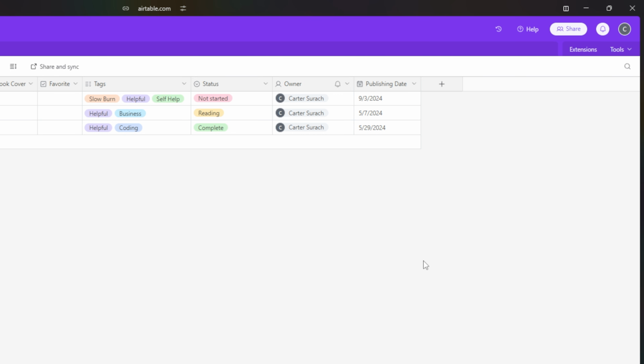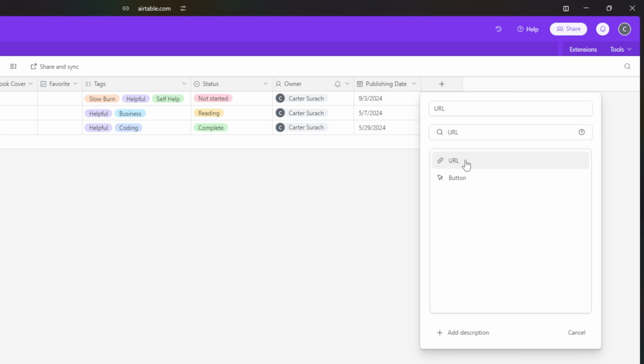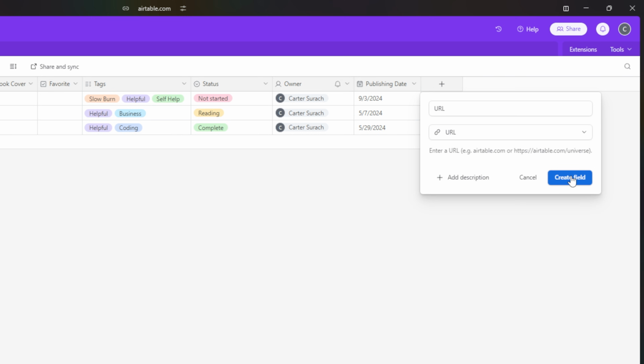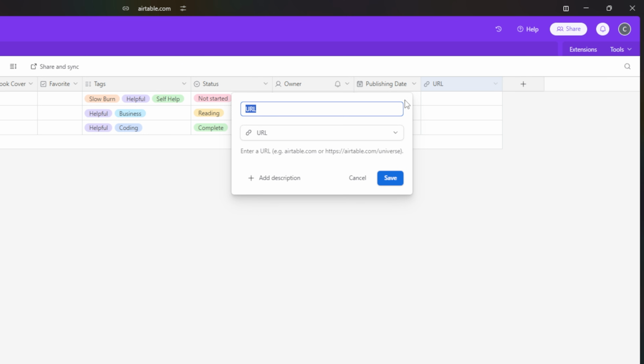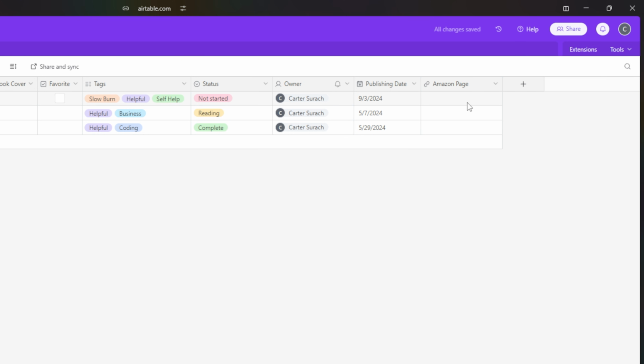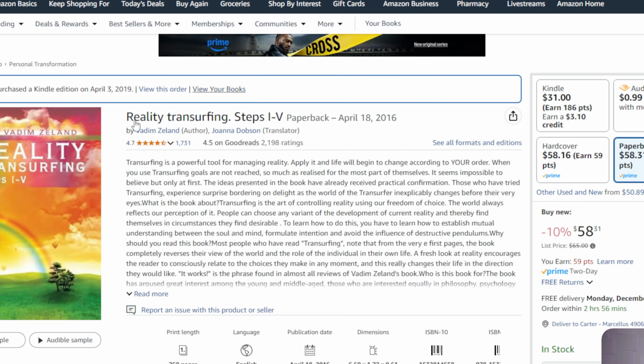And the next field that we're going to take a look at is the URL field. So a URL is basically just the link to a website. So what I could do with this is I could create a field where it brings me to the Amazon page, or maybe it could be a link to my notes. I'll just call it Amazon page so that I can find exactly where to buy this book, or I can recommend it to my friends quickly. For example, I could just paste the link to Reality Transurfing, hit enter, and now when I click on this